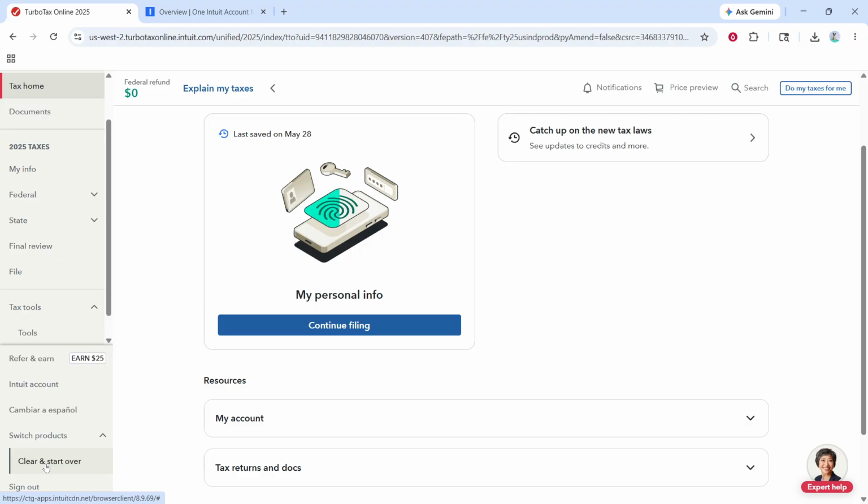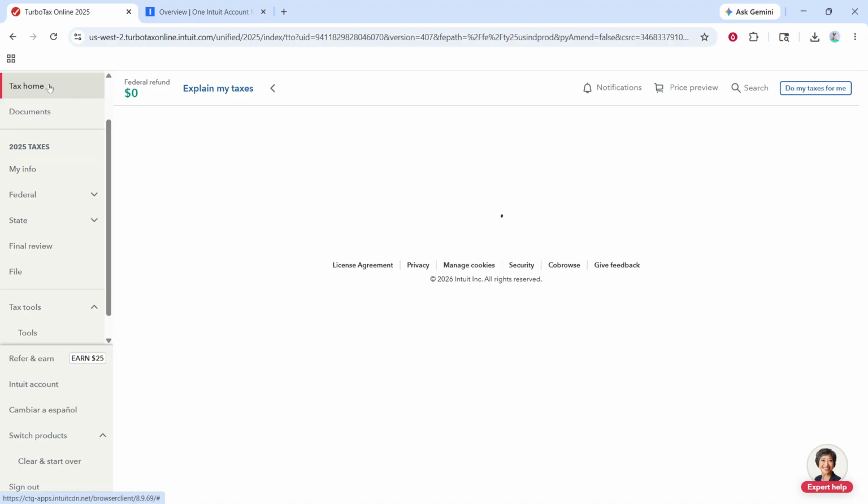Keep in mind, this action deletes the entries you've made so far, so only use it if you're comfortable re-entering your information. It's best to do this before you've filed anything and after noting any key figures you want to retype. After you've downgraded, return to your tax home or the pricing summary page to confirm that your new product